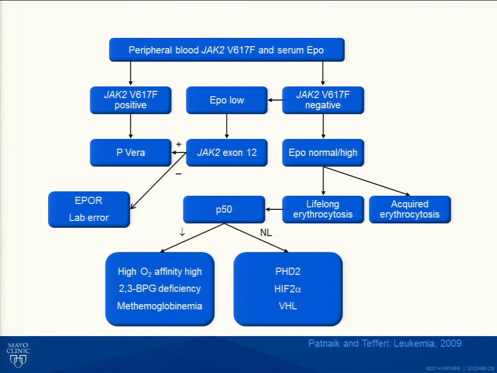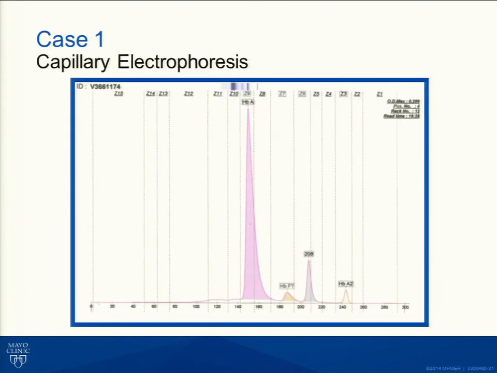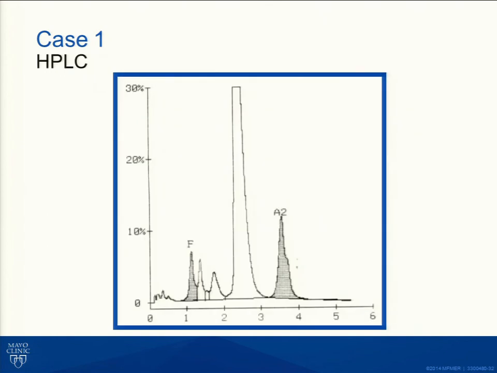So the next step is to do the oxygen dissociation curve, and you can see it is markedly left shifted. Normal value for P50 in our lab is 24 to 30 millimeters of mercury. So here is his hemoglobin electrophoresis. There is a variant present here, and here it is on HPLC. Those of you who may have patients with hemoglobin variants might know that this is consistent with hemoglobin Lepore, very characteristic,